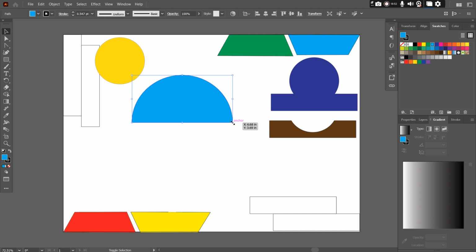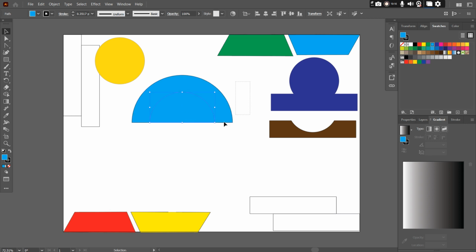Now let me hold Shift and make a smaller shape. I will go back again, Ctrl Z, and I'll press Alt and Shift together, and this gives me a smaller shape. And now I can move it around and place it here,